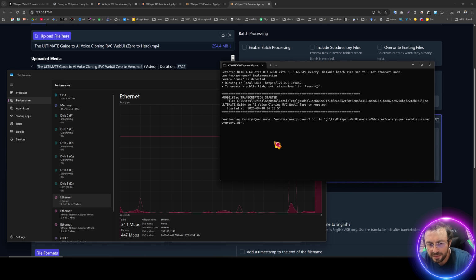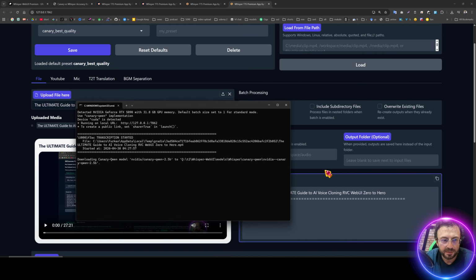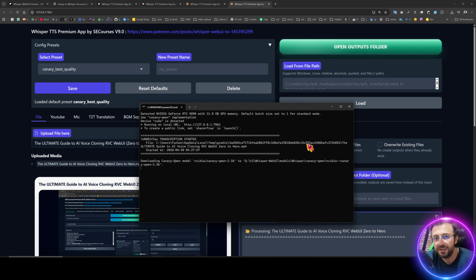Okay, as you can see, the model download started. So it will download the model. It is around 5 gigabytes. For this new model, it is downloading pretty fast. It depends on your internet connection. Once the download has been completed, it will start. I can see that it is using my entire internet right now. It is using 1 gigabit per second. So after this download, we will see the transcription started on a fresh installation.